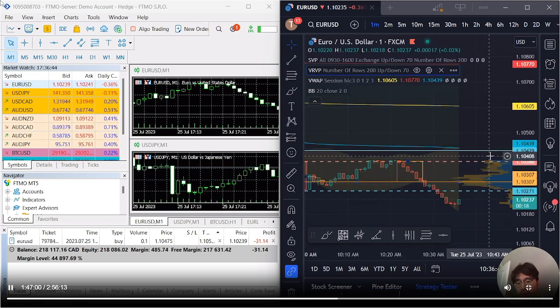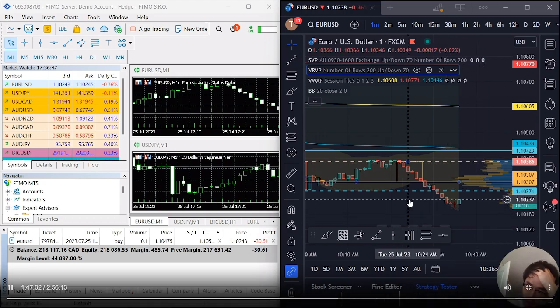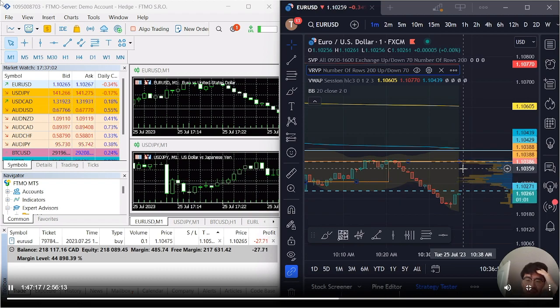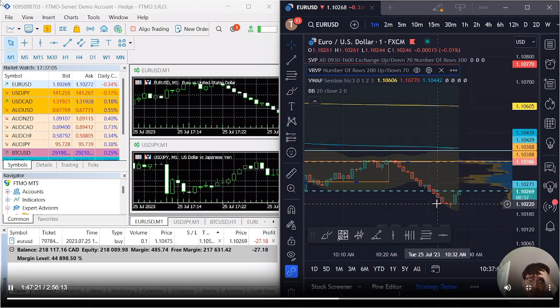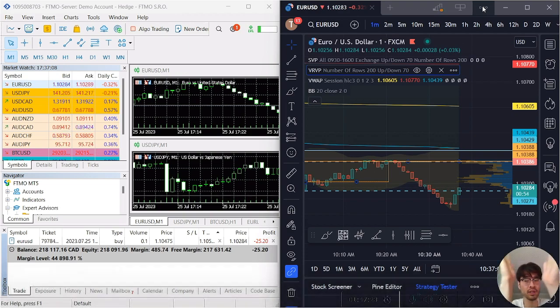I mean, it has been known to fake out on broken support, so I don't know. Oh man. I do not know at this point. Oh, what the fuck is this, man? What the fuck is this? That's disgusting. They took all of their stop losses. I'm holding it. I'm holding it.